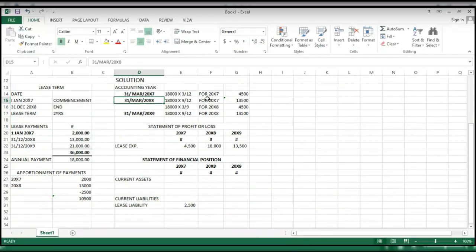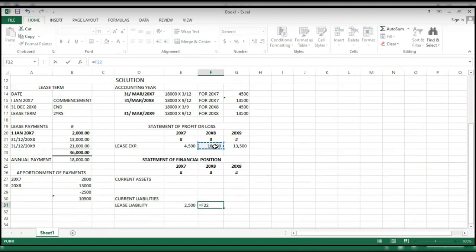Sorry, I'm trying to get the logic right. 31st December 20x7. This one falls under it, but this one does not even fall here because this 31st March 20x8 is beyond this year. So there is still a liability as at 20x8. The entire money is accrued because 31st March 20x8 to 31st December 20x8 is a long time. So no payment was made in 20x8. So the entire liability of 20x8 in the account is going to be the liability for that month